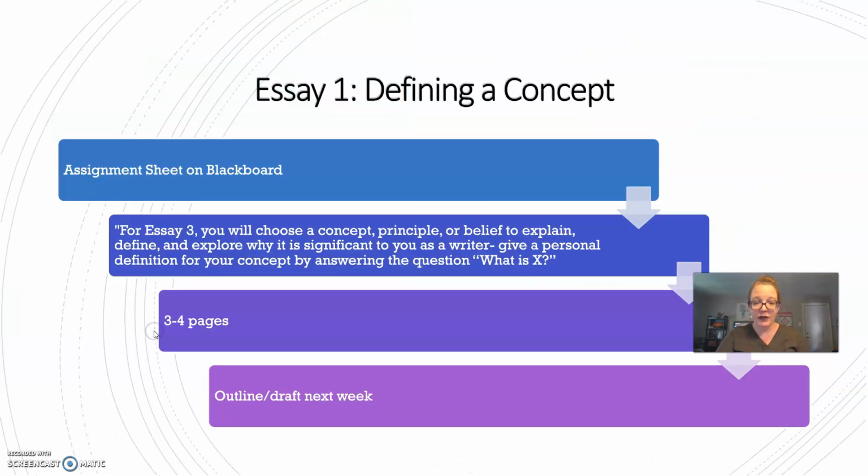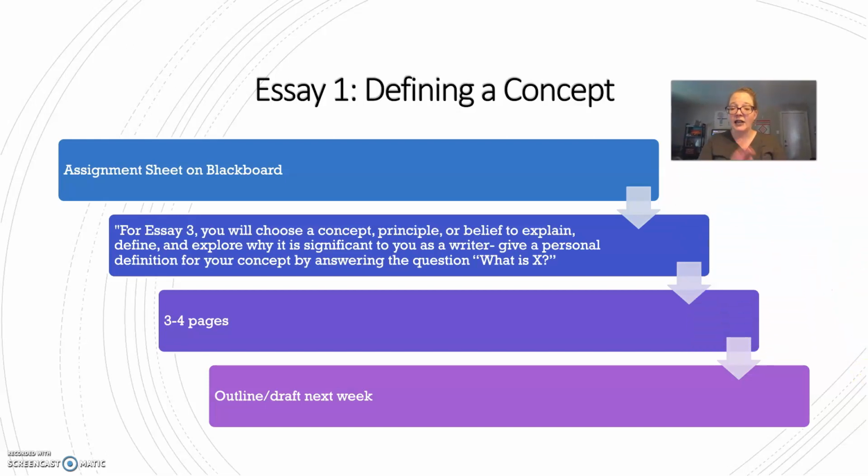So let's talk a little bit about your first essay assignment. In English 101, the goal is to get you to think and read critically. So really the course introduces you to the idea that your words have power and that the way that we use them, the way that we talk about them is important. So this first essay gets you to think about the words that you use and how you conceptualize those ideas into writing. So the assignment sheet for this is on Blackboard.